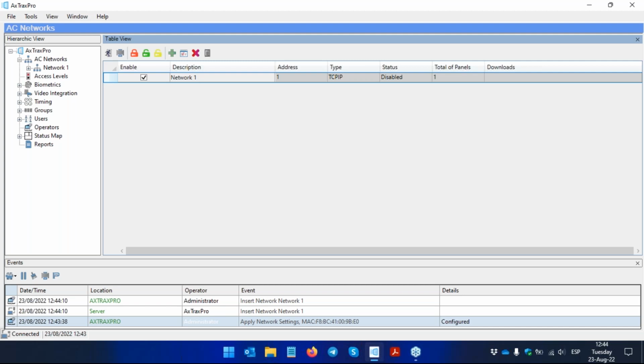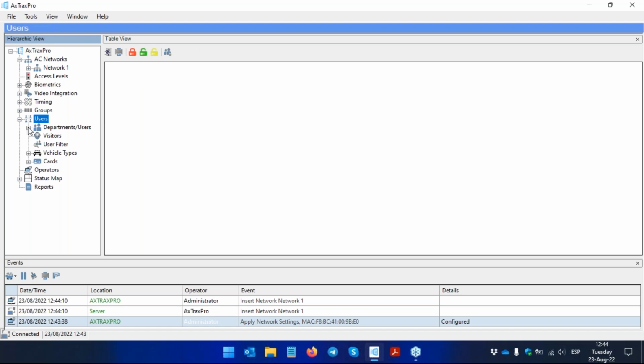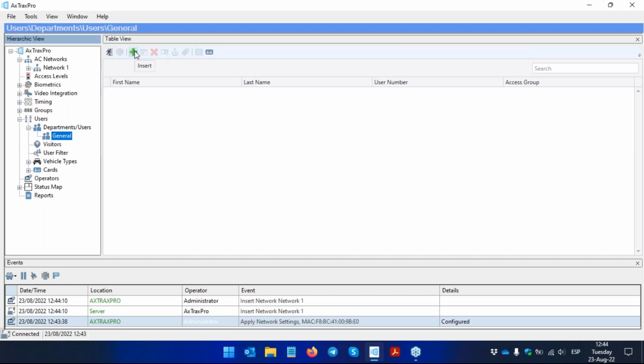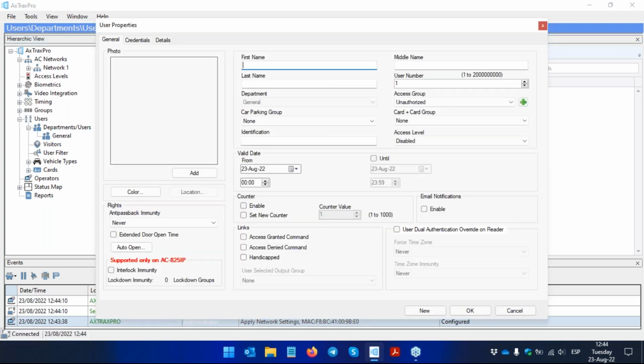So the first thing we are going to do is add a user. Now I go to users, general, and I am going to hit the green plus sign icon here in order to insert a new user. I will write my first name, Mariano, last name, Bianchi, and in credentials, the second screen,